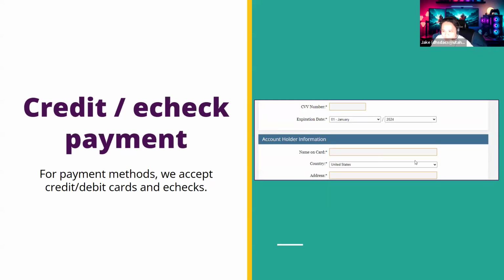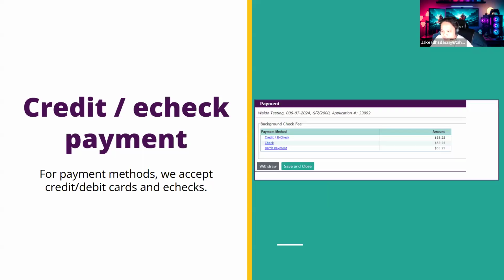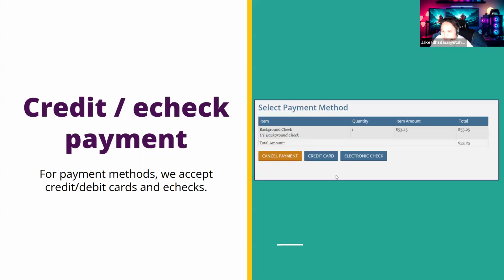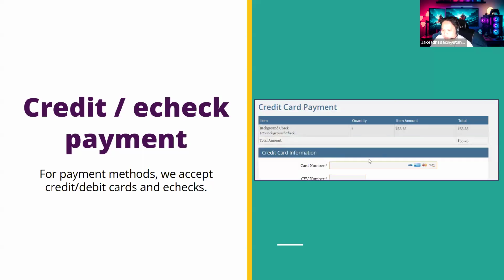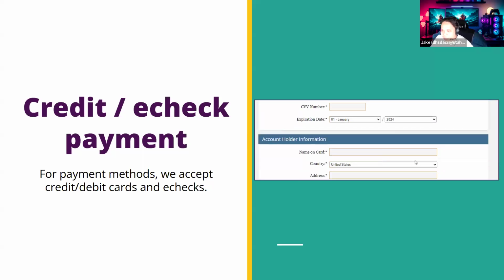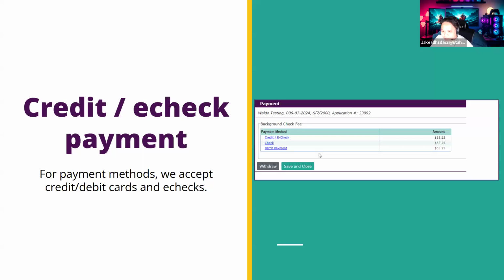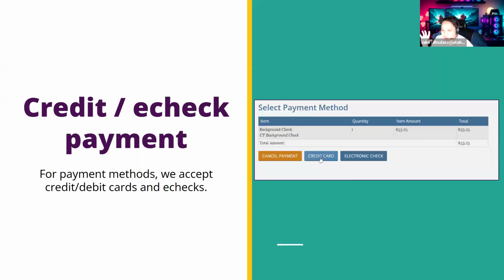On the payment page, you will be presented with the option to submit a payment by credit card or a batch payment. Credit card e-check will immediately direct you to the pay.gov website, where you can enter your credit card number and start the payment process. If you choose the batch payment, it puts that payment on hold.